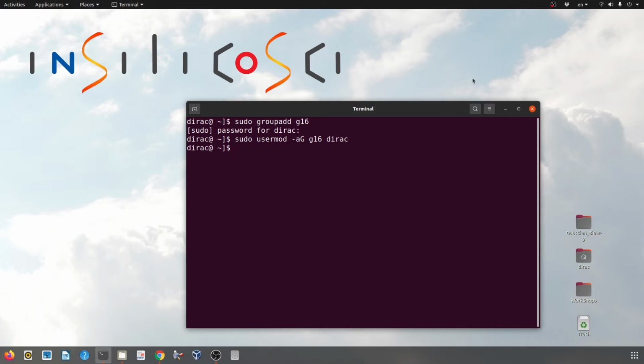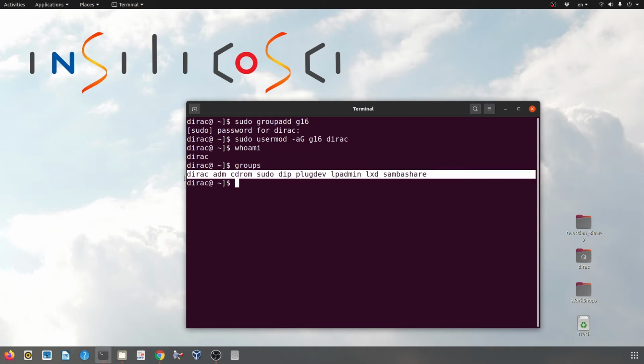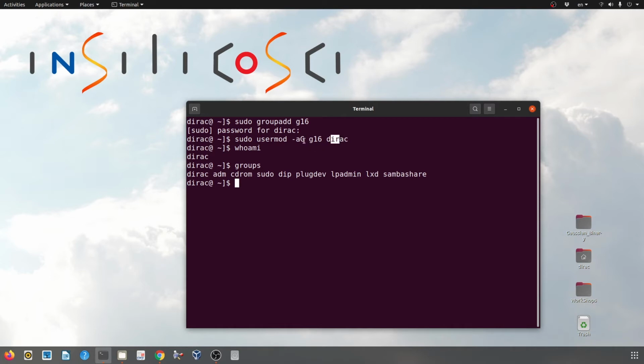If you don't know your username, you can find it by this command whoami. Okay, and it shows you the name of your user, and you must see G16 in the output, but here I don't have G16, which means still my user Dirac is not a member of G16 group.